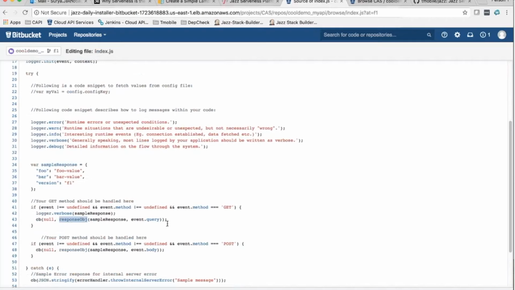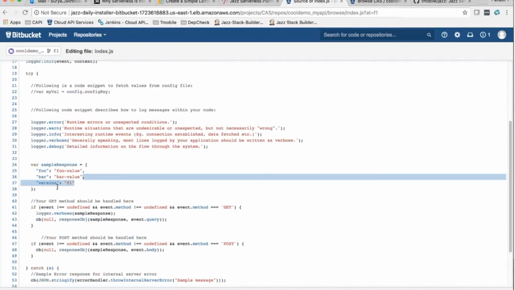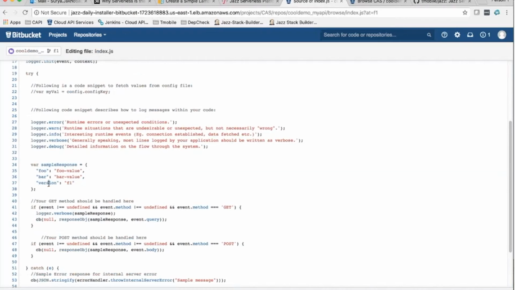A lot of the best practices that we have learned, the internet has learned, have been put into practice in this template code. But behind the scenes, when I edit this, I'm saying my version of the API is going to return as part of the response another key called version, and it will have F1 in there. So I'm just going to commit the code